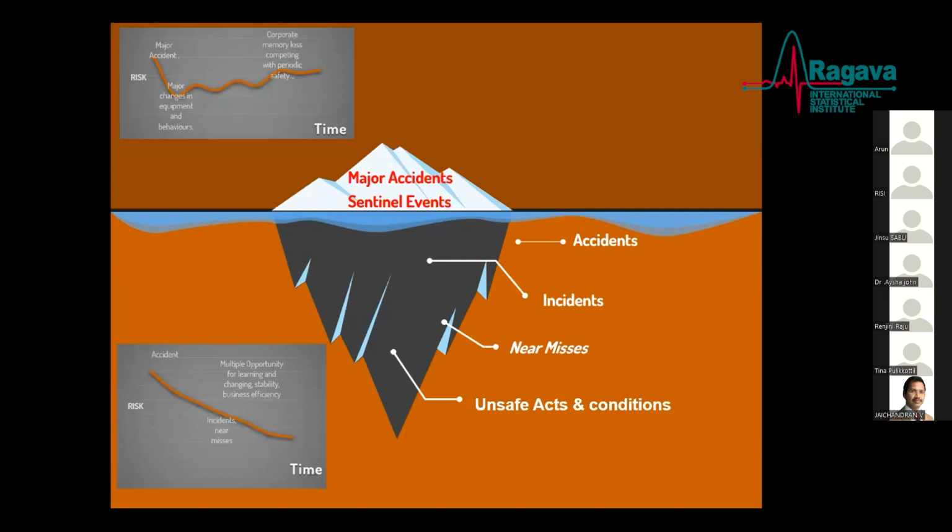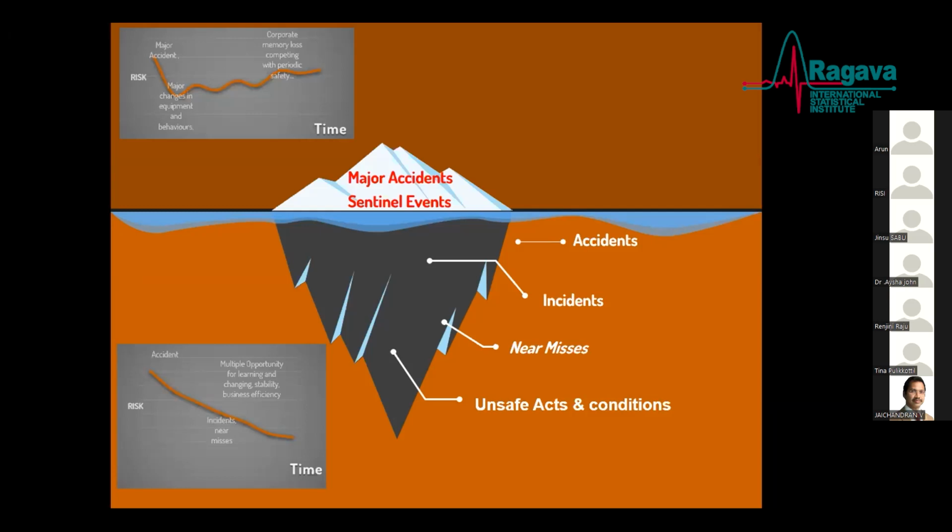So you can see here, you might do major changes, you might spend a lot of money buying new equipment, or you might even introduce a lot of costly procedures because you want to reduce the risk. But then you see what happens. Over the long term, the memory of these low frequency events will be lost because there's no more reporting. They report only when there's a major one, and they take a lot of actions, and then there's no more reporting. So the memory of these low frequency events will be lost, and the risk is likely to increase effectively unnoticed, as the warning signals offered by incidents are not being effectively processed.